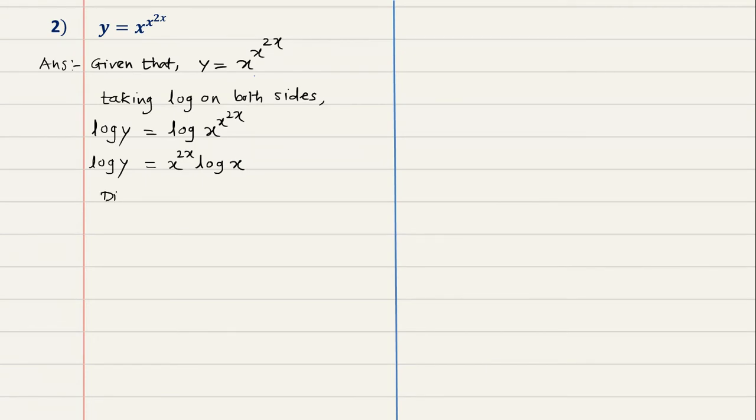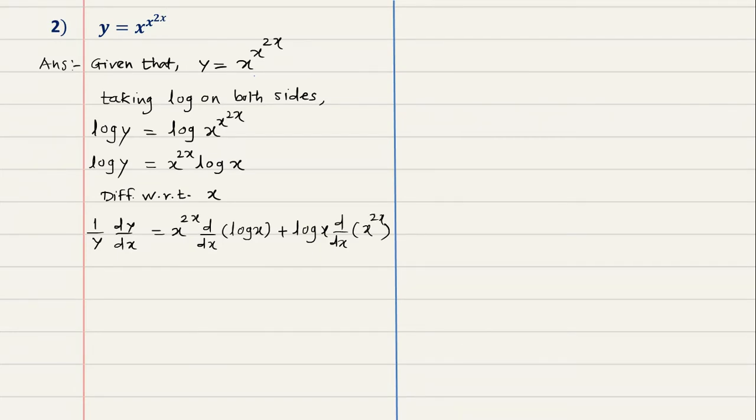Now differentiate both sides with respect to x after this. So differentiate with respect to x both sides. Okay, so left hand side will be 1 upon y into dy by dx, and how will you get the derivative of 2x into log x? Again by u into v rule. This can be written as, now see, 2x as it is into d by dx of log x plus log x as it is into d by dx of 2x. So see this carefully.